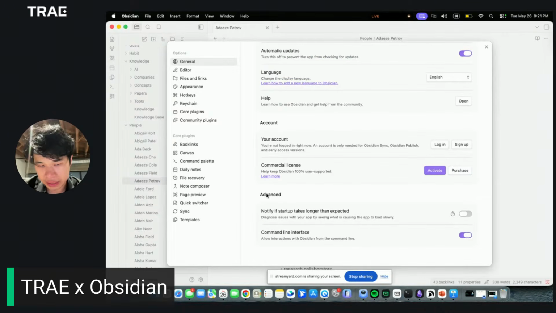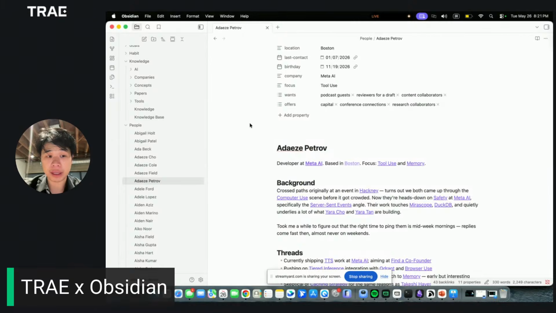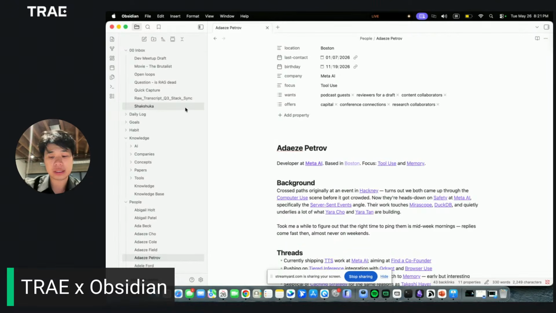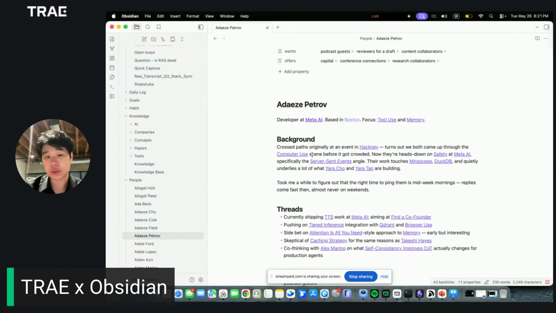So take care over here. There's an advanced section. You need to click the command line interface. Only this way can Trade Solo build a bridge to connect with Obsidian. This way, Obsidian is not just going to be software designed for humans, but literally you can use AI to control it. And also, this is the reason that I can generate so much content over here. Imagine if previously we didn't have the CLI, we didn't have the skill, it would actually be really hard for me to write all the notes.